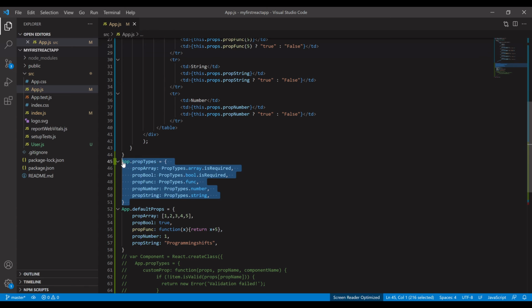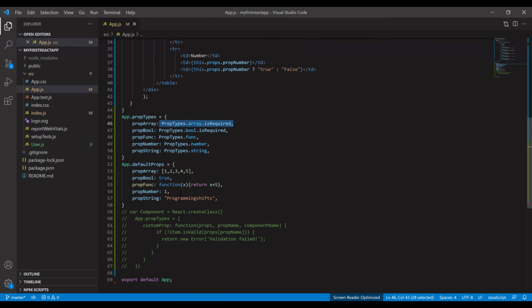So how do we give the props validation? You have to define the definition first. So these are the definitions. This is very simple. We have taken one props array, and we are defining PropTypes.array.isRequired, meaning it should be there. And similarly func, number, and string are there. We have defined these variables, and we are defining the default values for these variables here. With defaultProps, the array is given array values here, boolean type true, and similarly we are giving the function definition and some string message here.